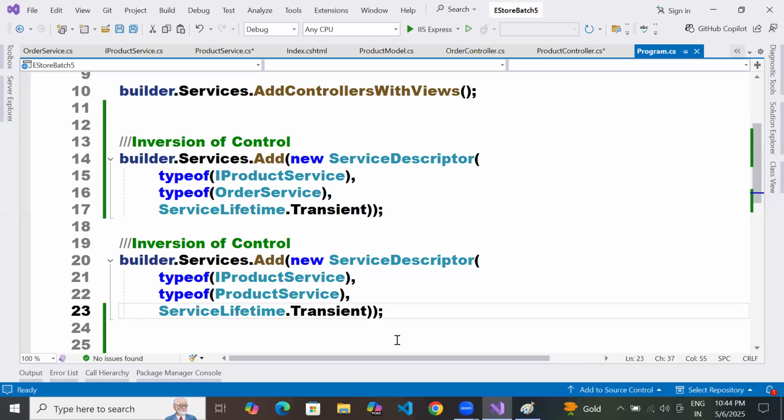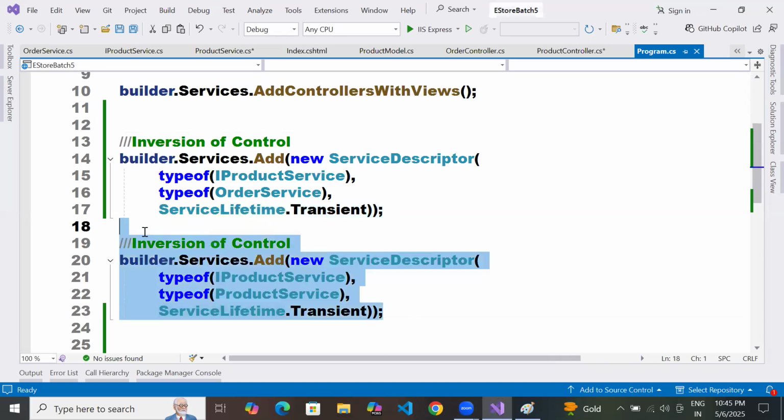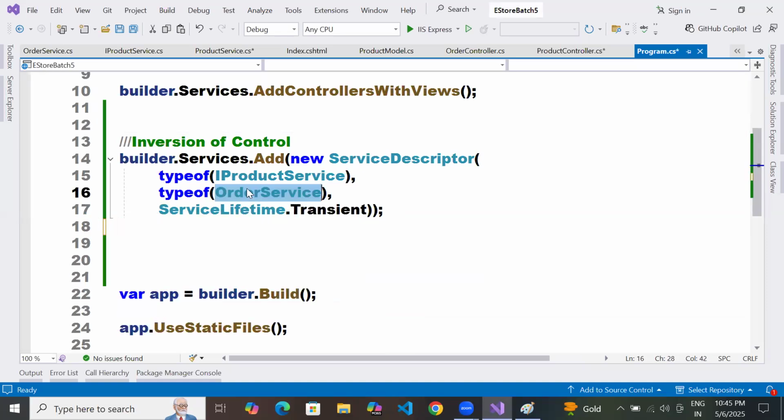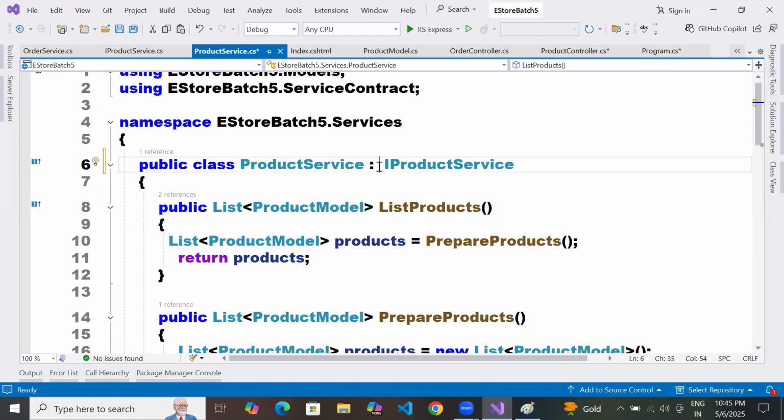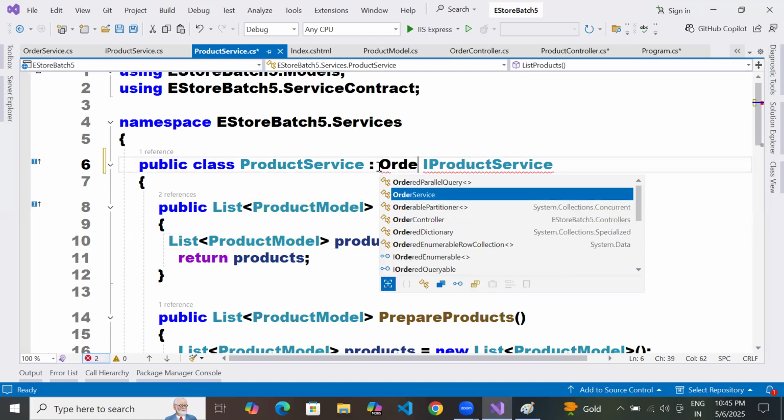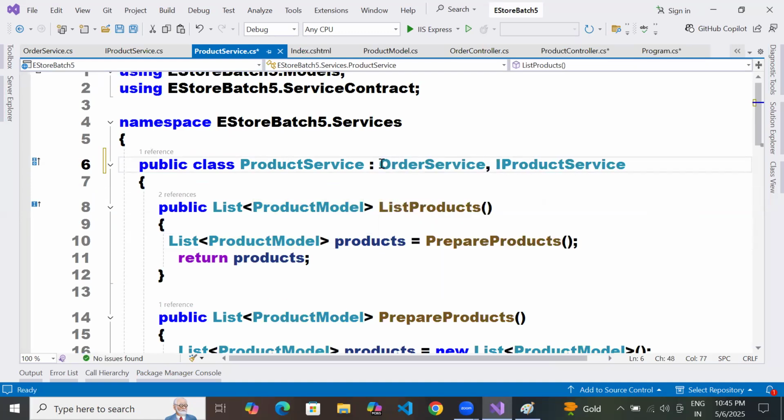If in product service we inherit order service, then you can register the order service's method definition. What you are saying is you will have order service which can be inherited in your product service and then the IProductService implementation, am I right? Sir, in IProductService you can define that order service method definition.